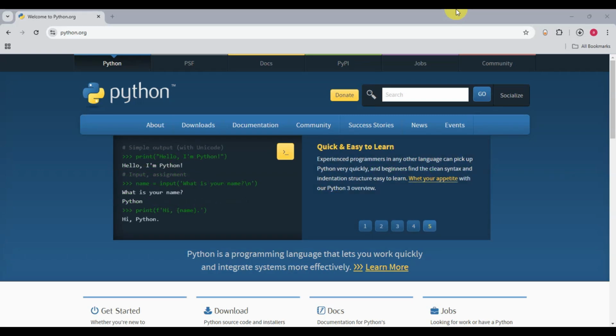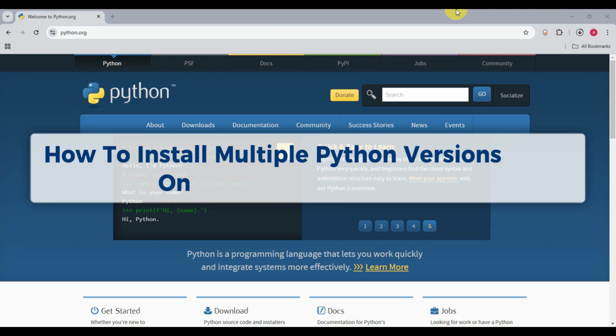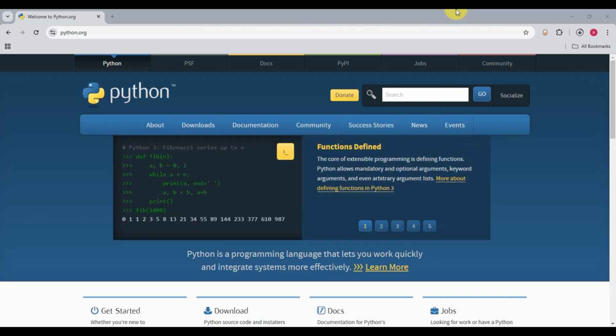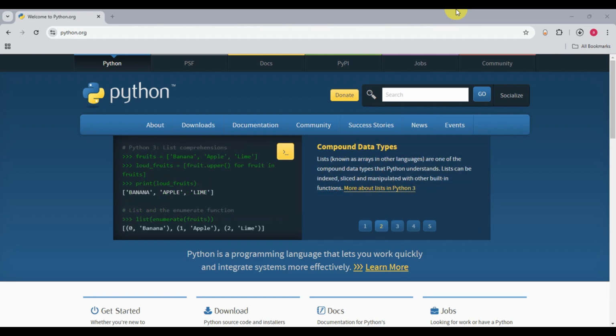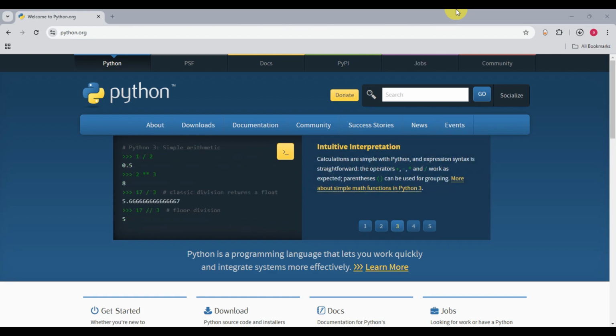In today's video, we'll learn how to install multiple Python versions on Windows 10 and 11, an easy tutorial. In some cases, you may need multiple Python versions installed on your computer to support different projects or compatibility with certain libraries. Thankfully, Python's flexible setup on Windows makes it possible to run multiple versions side by side. This tutorial will guide you step by step on how to install, configure, and manage multiple Python versions on